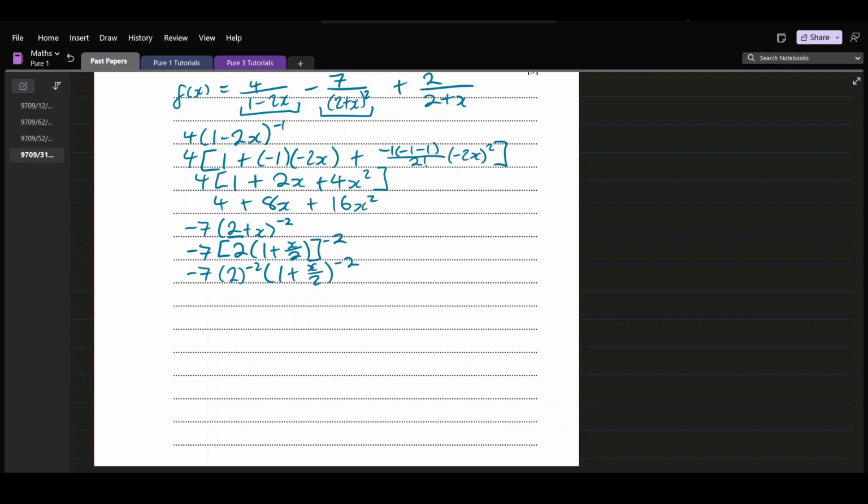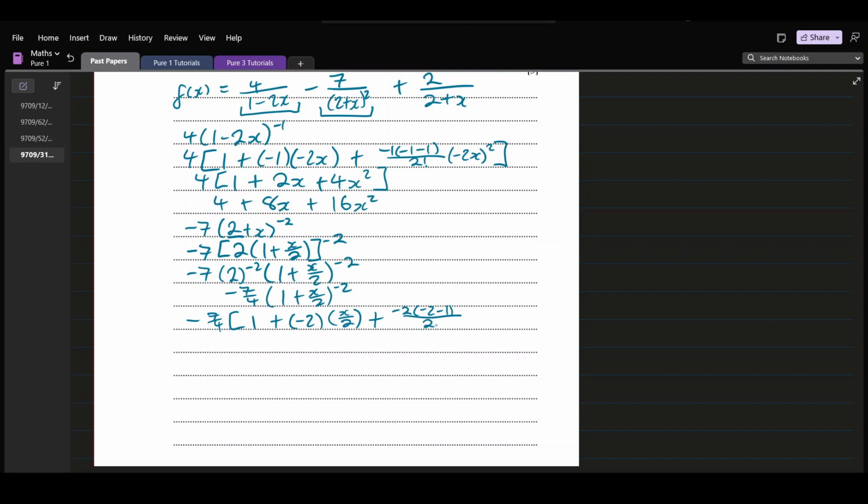And if we expand, 2 to the power negative 2 is 1 over 4. So this becomes negative 7 over 4. And then our bracket, 1 plus x over 2 to the negative 2. And now we can use the formula for binomial expansion. So that becomes 1 plus negative 2 times x over 2 plus negative 2, negative 3,